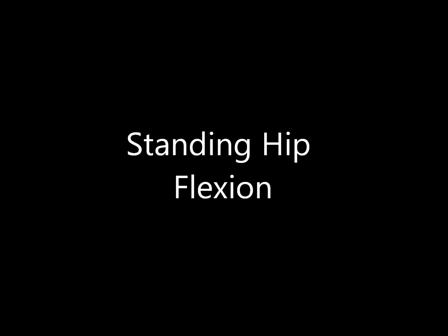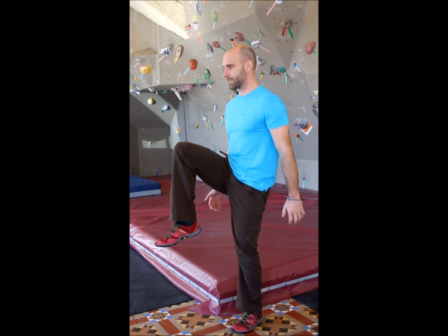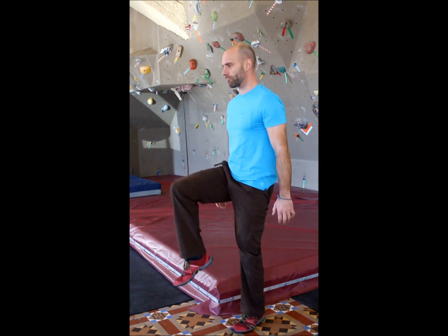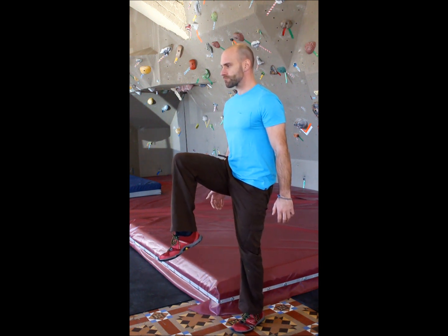The next exercise is a standing hip flexion. This is one of my favorites because, especially at the gym, you look really cool when you do it. All joking aside, this is an excellent functional exercise, and if done regularly, will increase your range of motion and